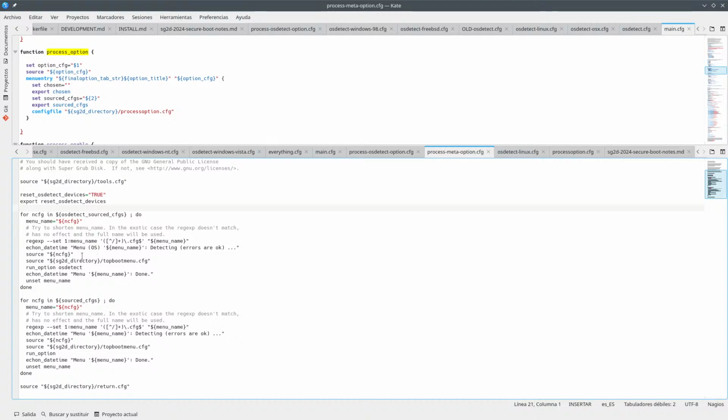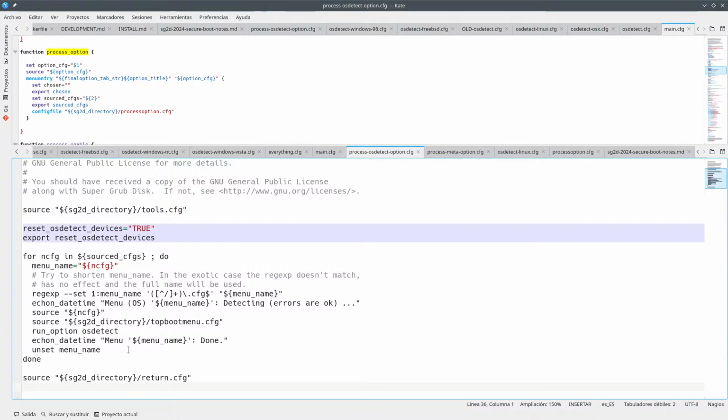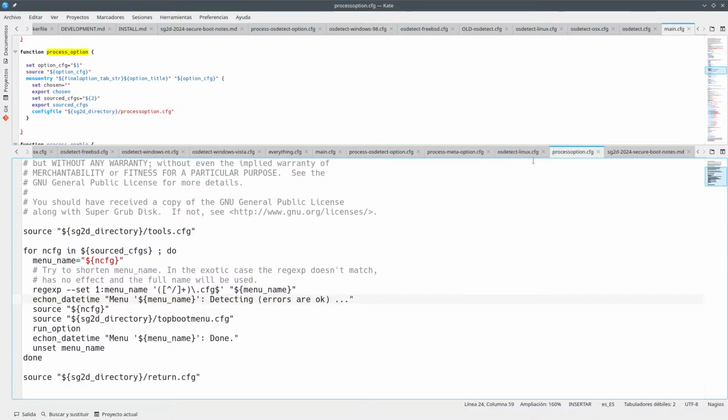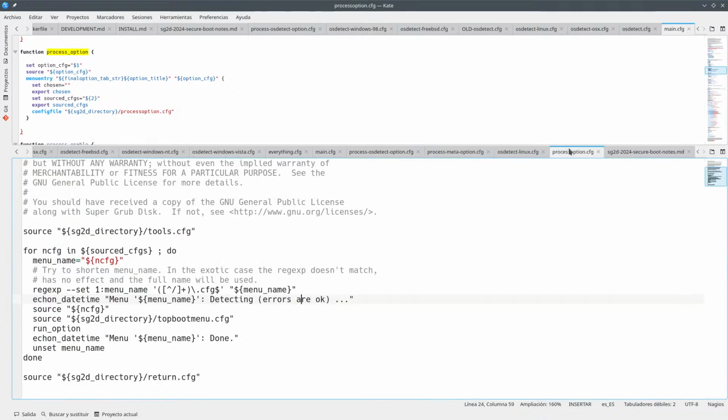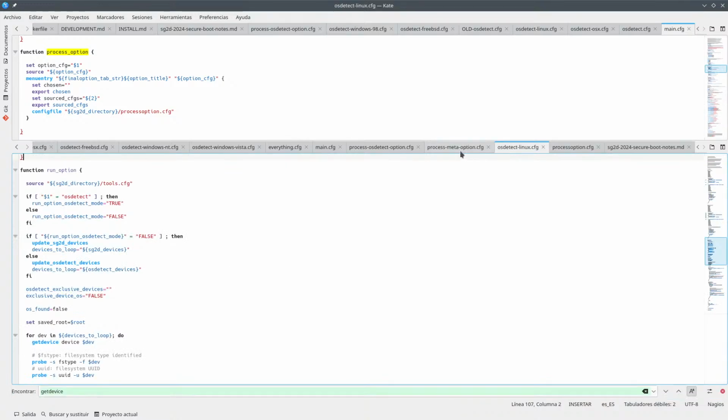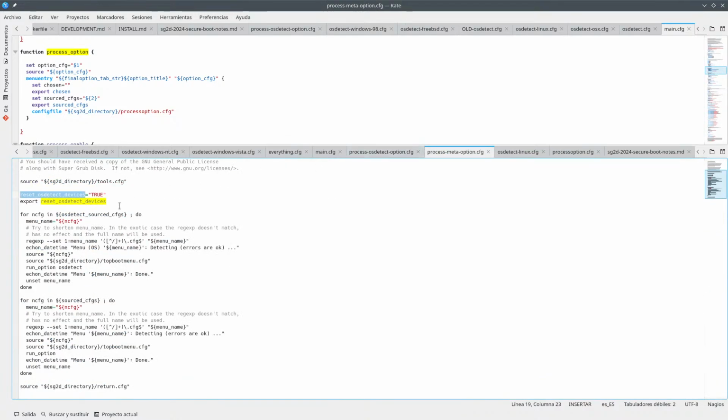It does not source and process OS attack, but it's not using process option. So we can use process option reset OS devices. This is something that does not make sense on process option because we are doing everything in one go. But okay, I think we could,